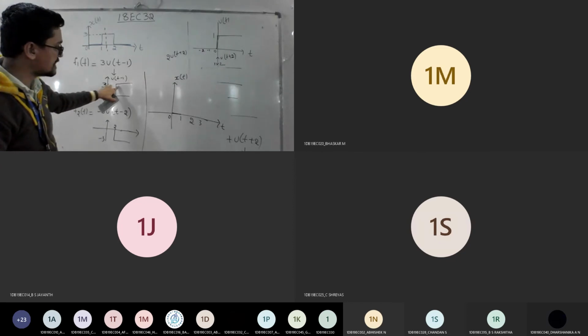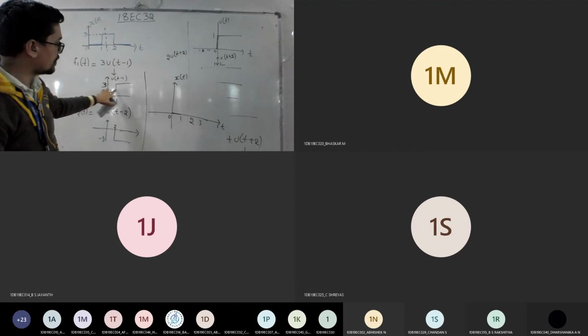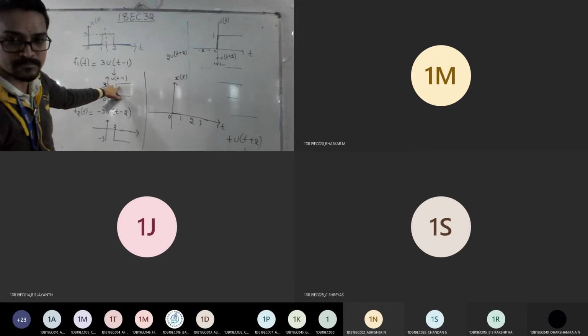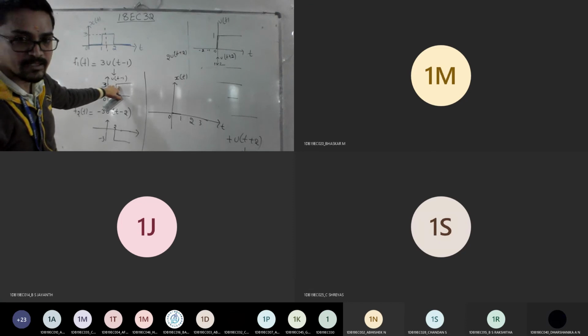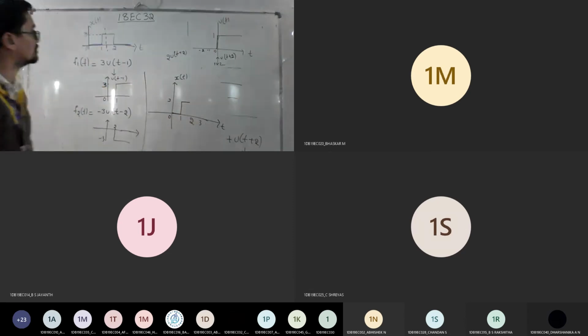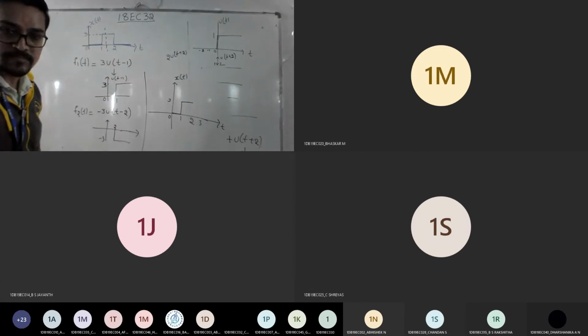From 1 to 2 there is a signal here, but not here. Agree? So from 1 to 2, the amplitude is how much? Is it 3? Yes. So at 1, I can rise my signal towards 3 and keep it constant till 2. Correct? Is it fine?